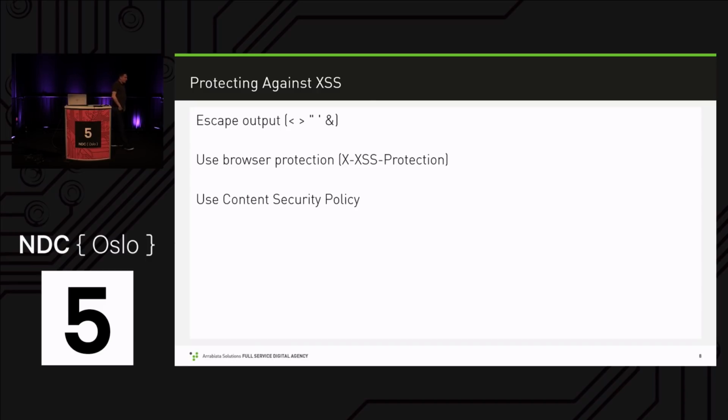Previous versions of Edge only support an older version of Content Security Policy, which is kind of good enough. The major issue with Content Security Policy is Internet Explorer. Internet Explorer versions 10 and 11 do support an old version of Content Security Policy, but they only support one feature, and that feature is, I wouldn't say worthless, let's just put it that way. The feature is not in use in the real world, right? But still, great technology. I could talk for hours on this, but I'd just like to show you a quick example so you see how it generally works, and I hope you will be as excited about that as I am.